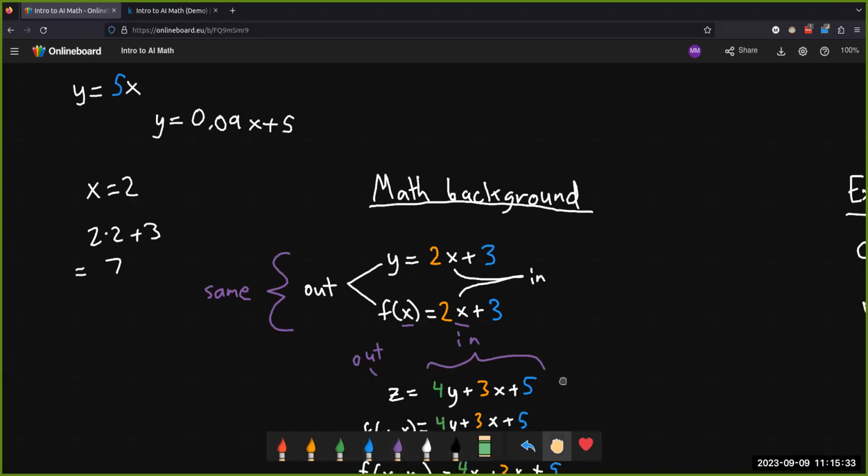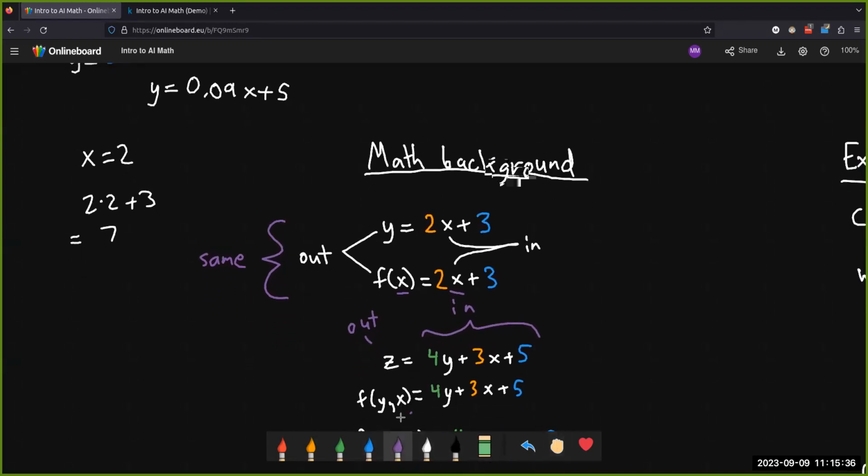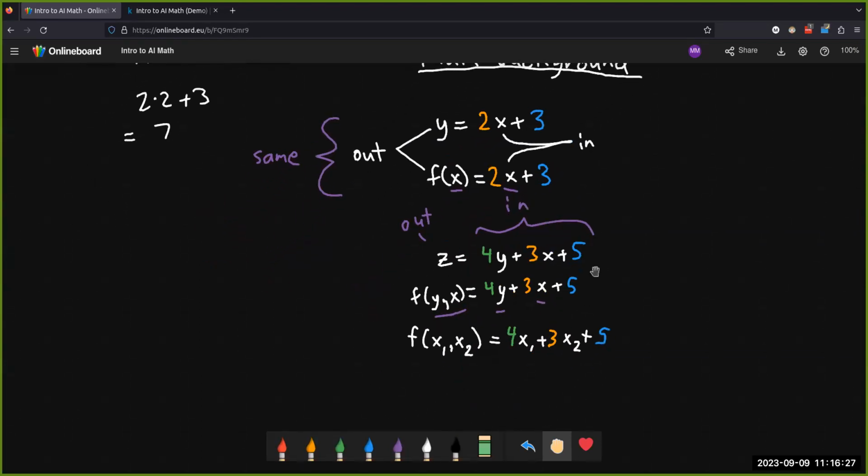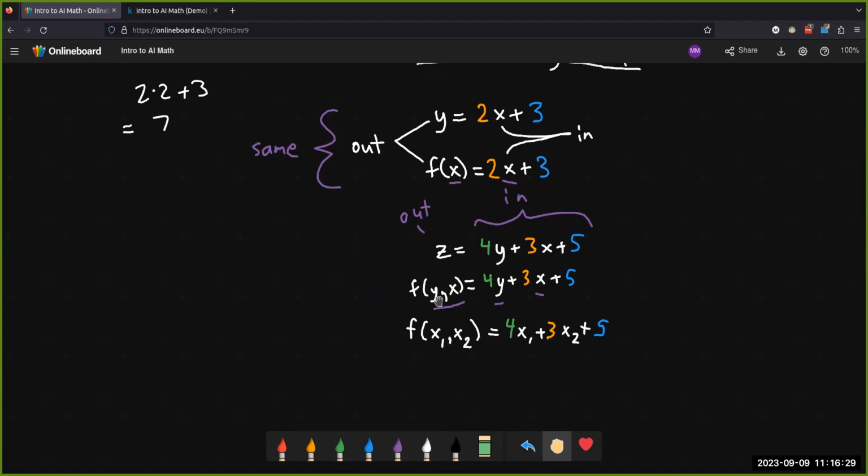Again, we could use function notation here. You'll see that in our function notation now we have two things in the middle of the parentheses, just because the equation depends on two variables, y and x, not just x. The last thing I'll just note is that in computer science, we often will rename these variables. We might not use different letters. We might just add subscripts, like x1, x2. It doesn't matter. They're just different names for variables. We can name the variables whatever we want. So if you have any questions about this notation in particular, let me know, because we're going to be using it for the rest of the lesson.